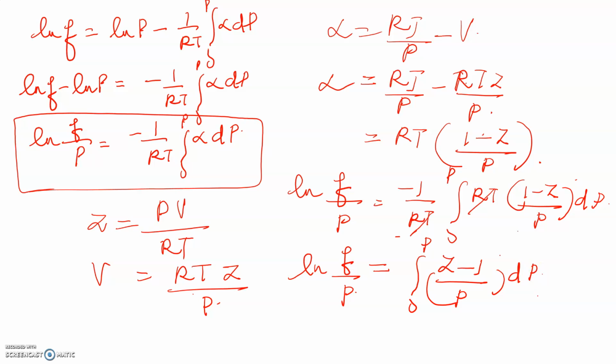Z being a constant, the compressibility factor being a constant, this equation becomes equal to Z minus 1 into ln p. ln f by p is equal to Z minus 1 ln p. And using this equation also, we can calculate the value of f provided